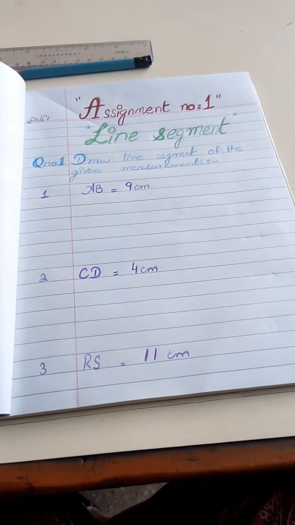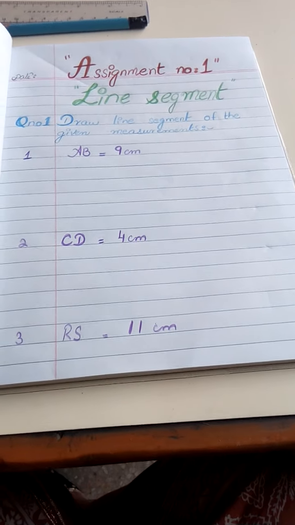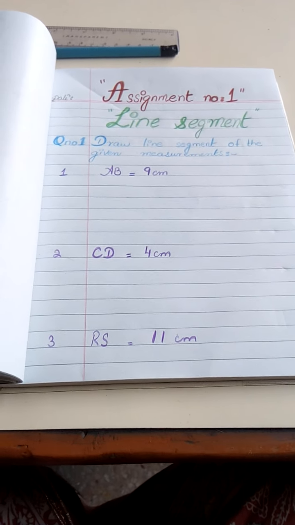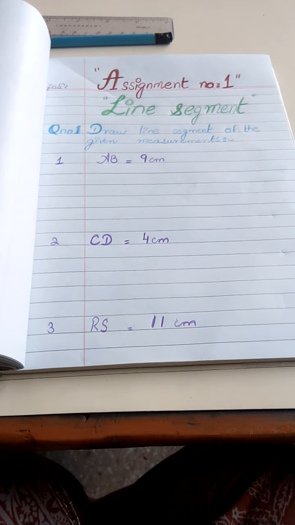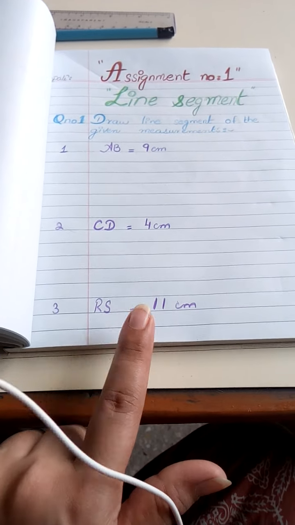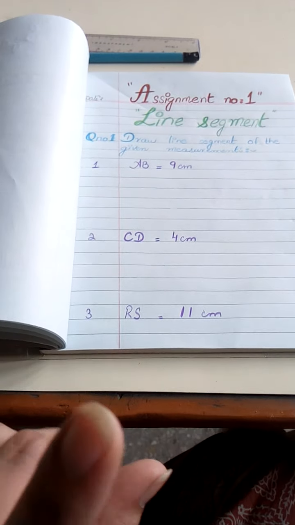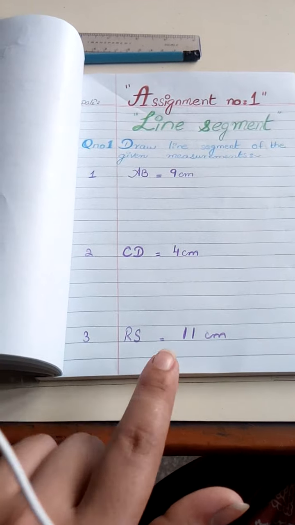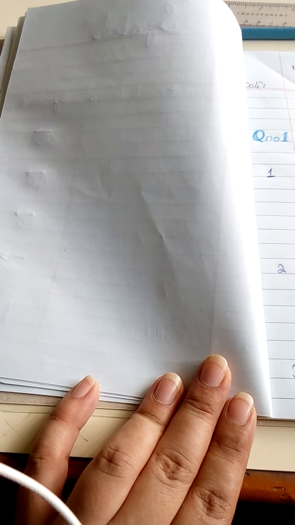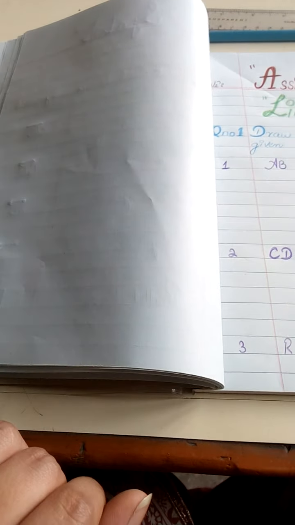Assignment number 1 heading will come on the red line, then the topic heading, then the question. Because in this assignment 6 questions are present, not more than 3 questions will come on one page. These line segments must be drawn in front of the question over here on the interleaf page.